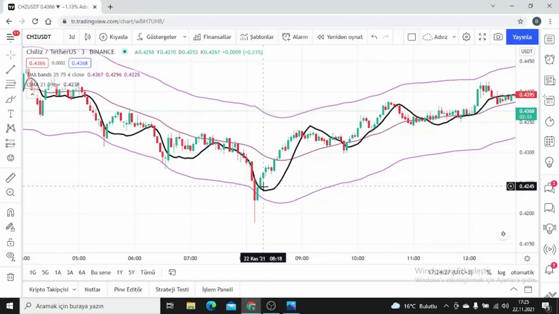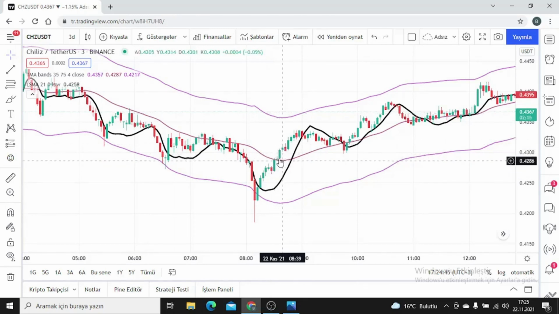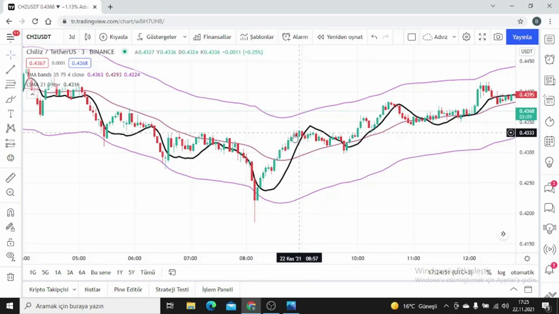As you can see, the candles are hanging down and the price is not closing above the moving average anyway. It constantly hangs down and lights a green candle behind it. After the 2 green candles, price enters the moving average, friends, and after a close in the moving average, it automatically creates a buy condition for us here.